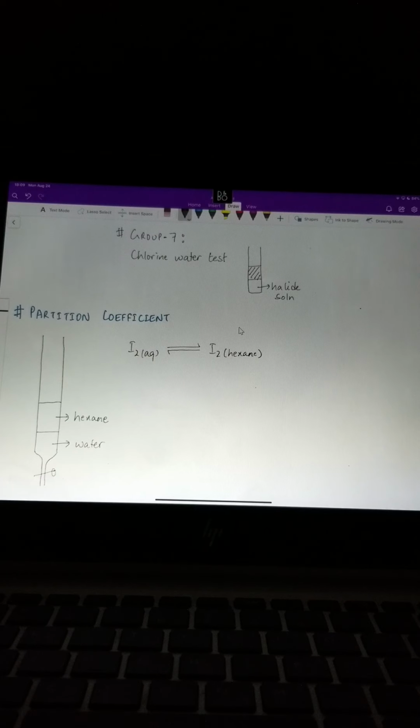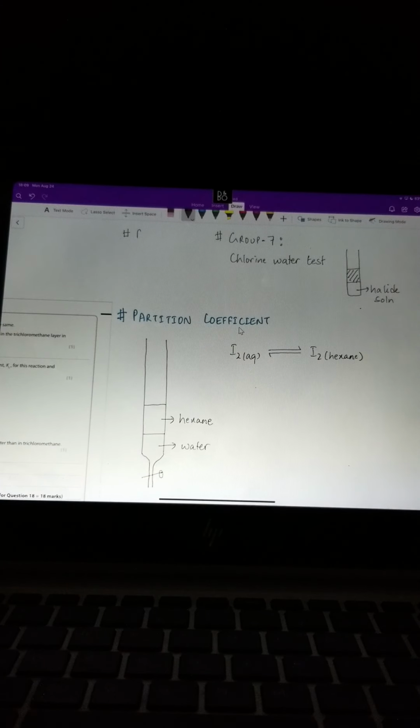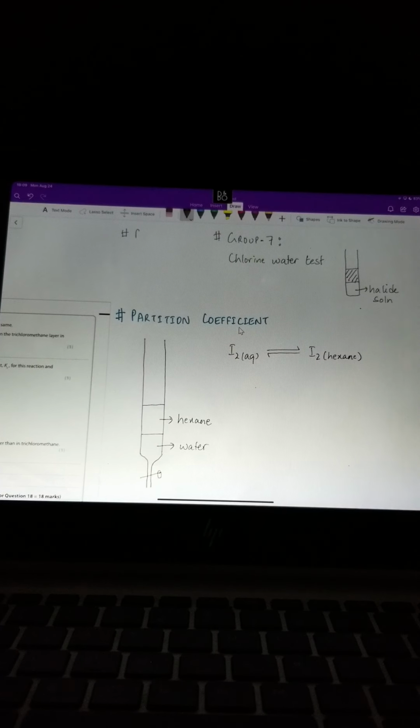Non-polar, polar, those things, I'm not revising that topic now. Polarity of molecules. To understand polarity of molecules, you need to understand electronegativity. To understand electronegativity, you need to understand nuclear attraction factors. To understand that, which is the atomic structure chapter, it goes back a lot. So, halide solution,